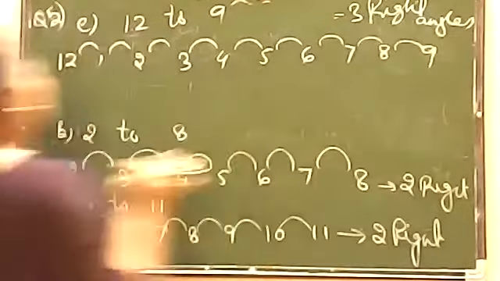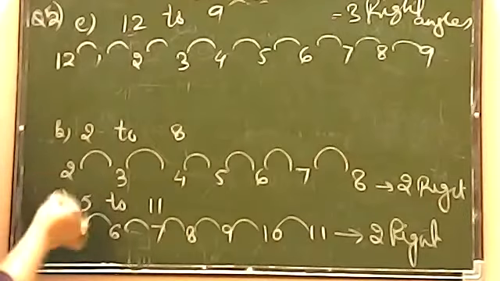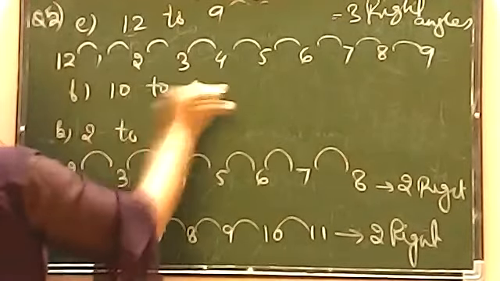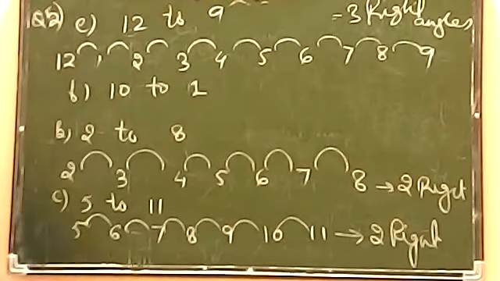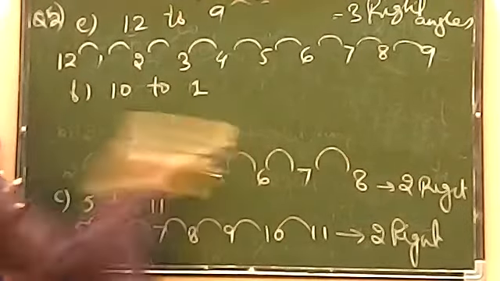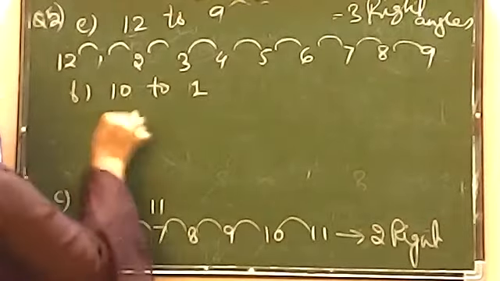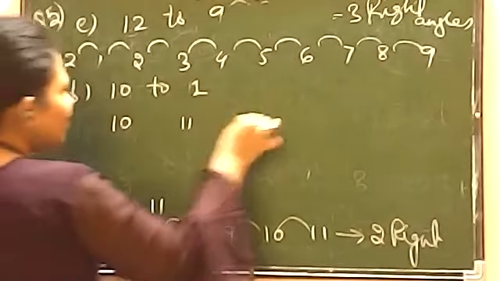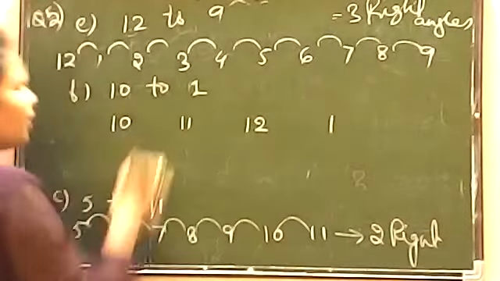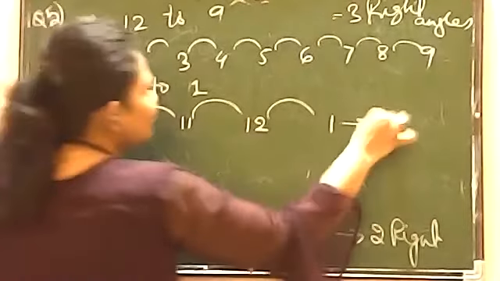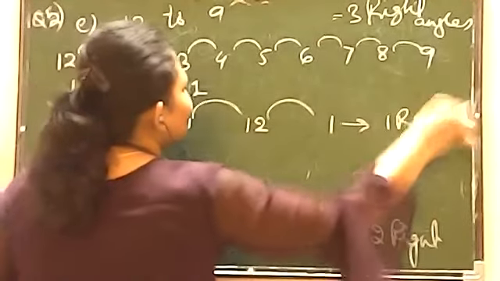Finished. Now let's move on to 10 to 1. Now देखो यहाँ पे 10 to 1 में क्या करना है बेटा? आप कंफ्यूज मत होइएगा. 10 to 1 आने के लिए we have to move 11, 12 and then 1. है ना? 10 के बाद क्या आता है वॉच में? 10 के बाद 11 आता है, 11 के बाद 12 आता है, 12 के बाद 1 आता है. So 1 step, 2 step, 3 step means 1 right angle.